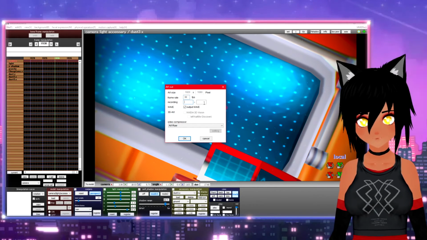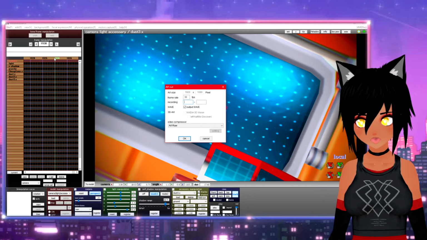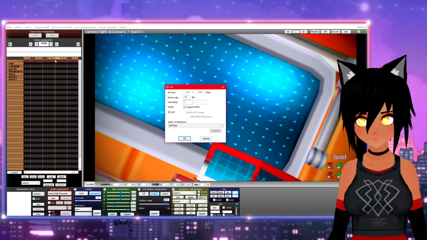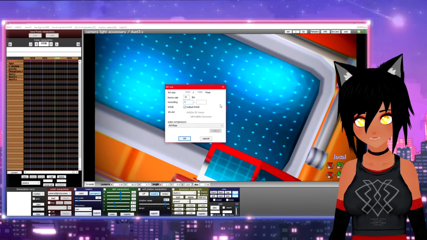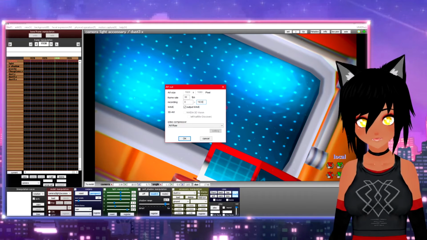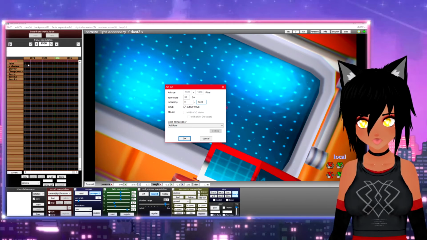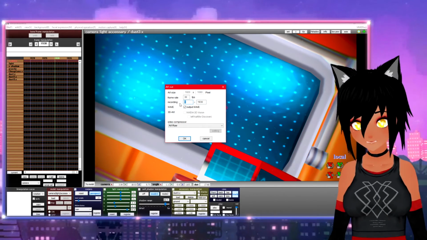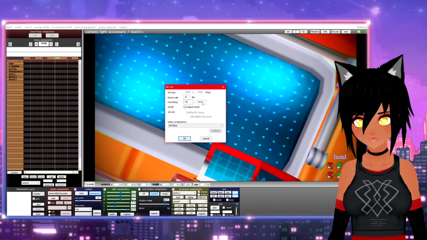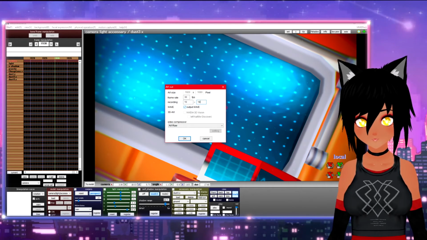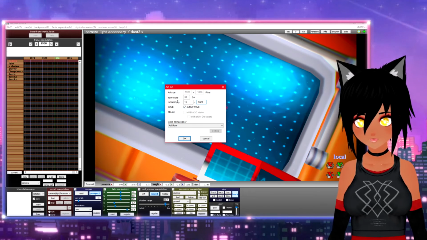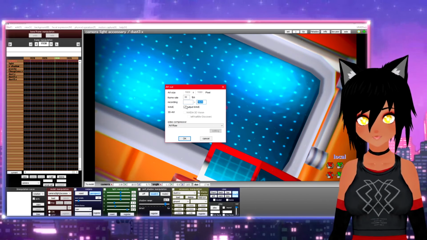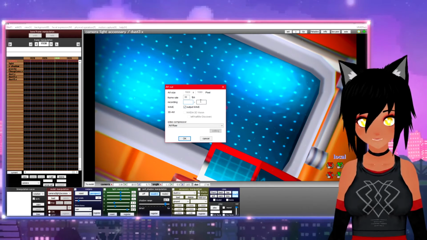Now recording, right here is where you had to know the frame number. So if you're wanting to record the full thing from 0 to 1930, you literally type in 0 to 1930, and then it will know to record to that. Now, if you only wanted a certain part, of course, you could go from 10 to 1820. And then it would only render from that frame to that frame.